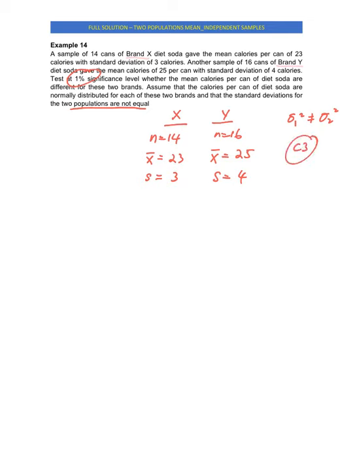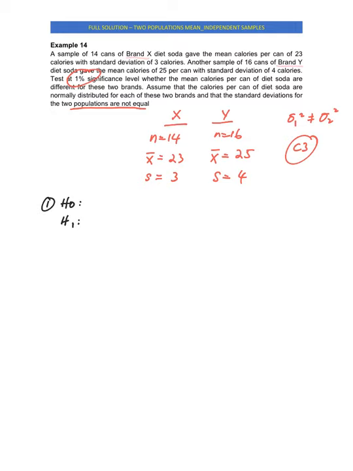So first, what should we do? State the null hypothesis, H0 and H1. Step yang pertama, H0 and H1. So ada tak dia kata kat sini greater ke less than ke, tak ada kan? Dia just nak test kat sini